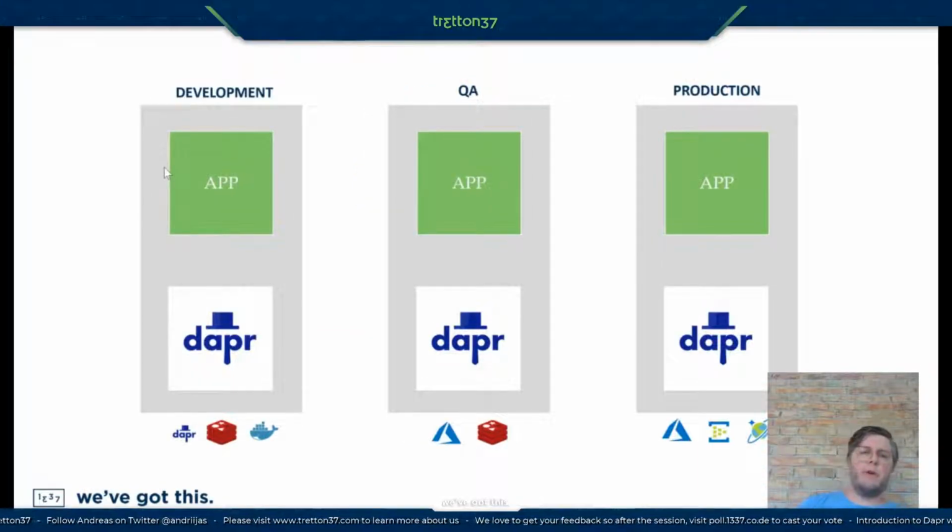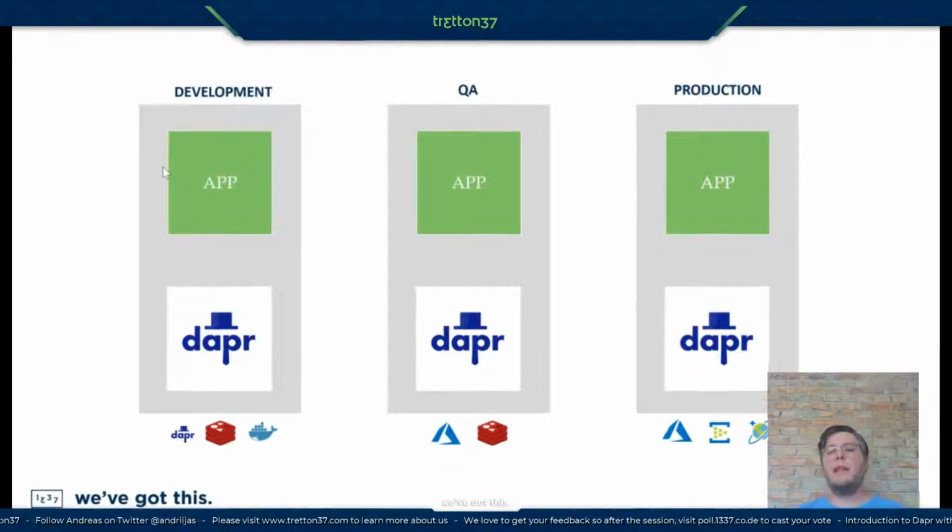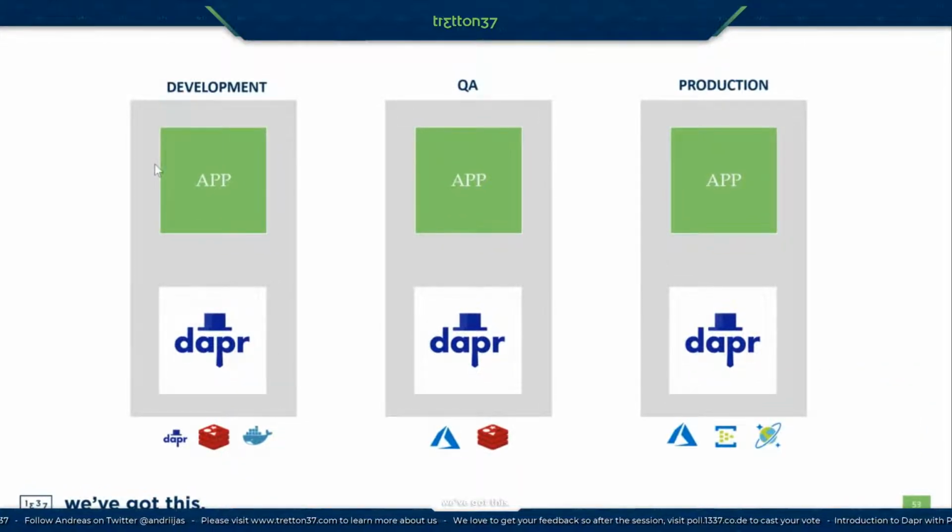And if you go one step further and now look at the interchangeability of components, you could now have like a state component locally that uses Redis. And then when you go to Azure, it uses the Redis service. And when you go to production, for some case, that could be changing a binding from Redis to Event Hubs, or changing the Redis state store to a Cosmos store. So every component is interchangeable, so you could swap them out.